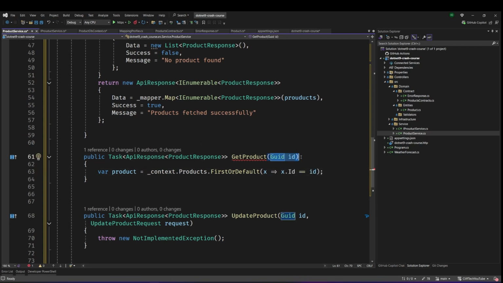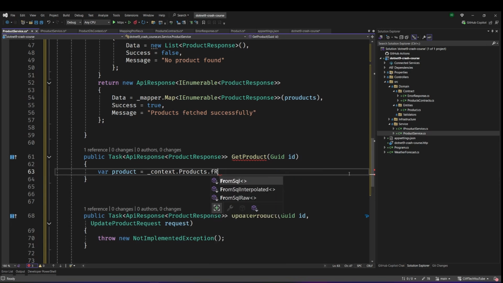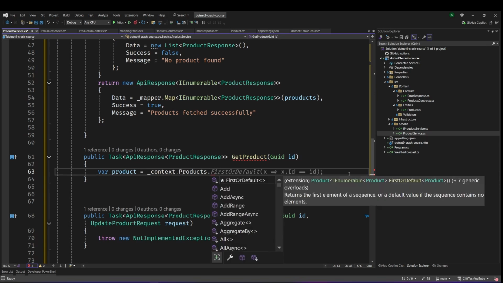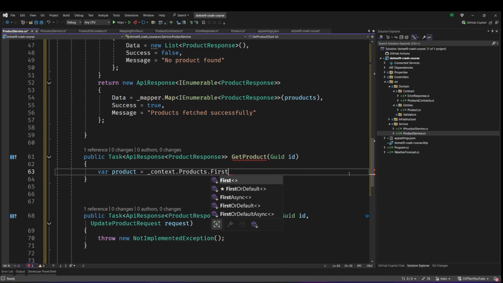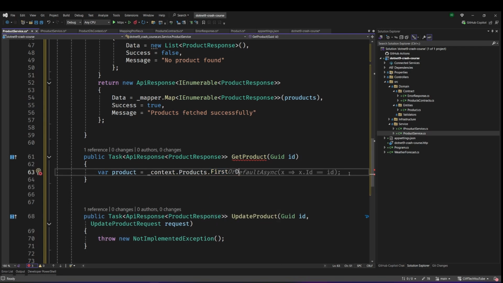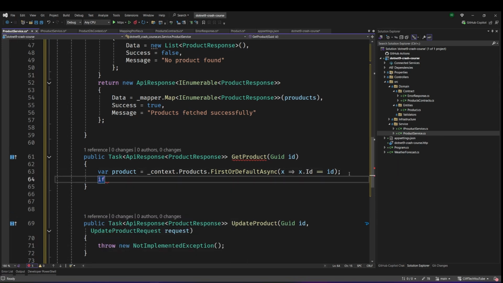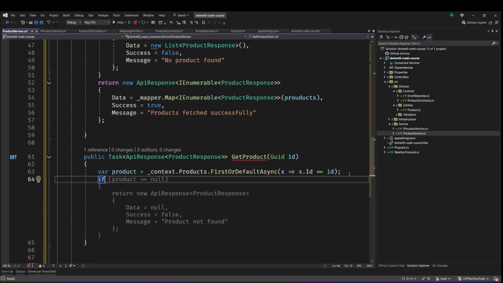So we are checking the first default sync, right? So we don't want this. What we're going to do is that we're going to say that first default. So we want to check if the ID that the user is trying to enter exists. If it exists, then go ahead and give us the product. If not, we are going to return a message that the product that you are trying to fetch does not exist. So let's go ahead and say var, if the project is null, what we do is